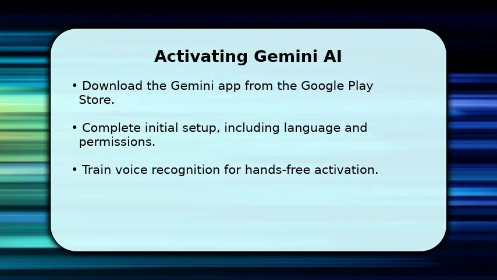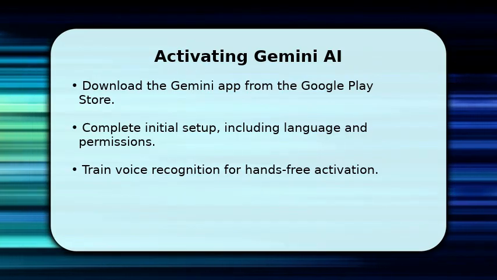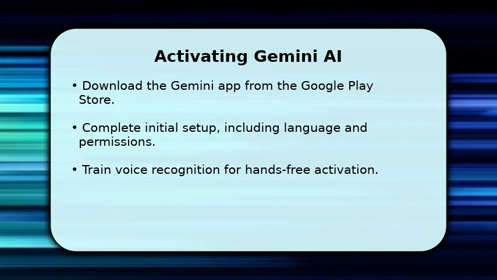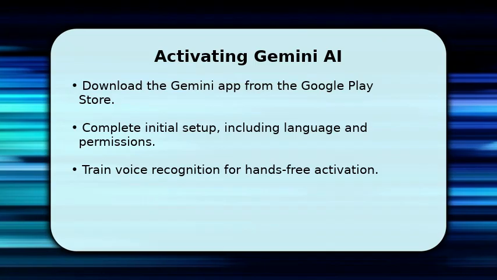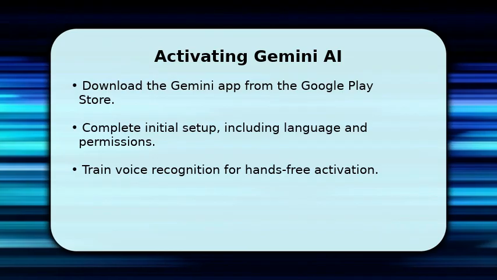Activating Gemini on your Realme phone is straightforward. Begin by downloading the Gemini app directly from the Google Play Store. Once installed, you'll go through an initial setup process. This includes selecting your preferred language and granting necessary permissions for microphone access, contacts, and messages. Finally, you might need to train the assistant to recognize your voice, ensuring seamless hands-free activation with phrases like, "Hey